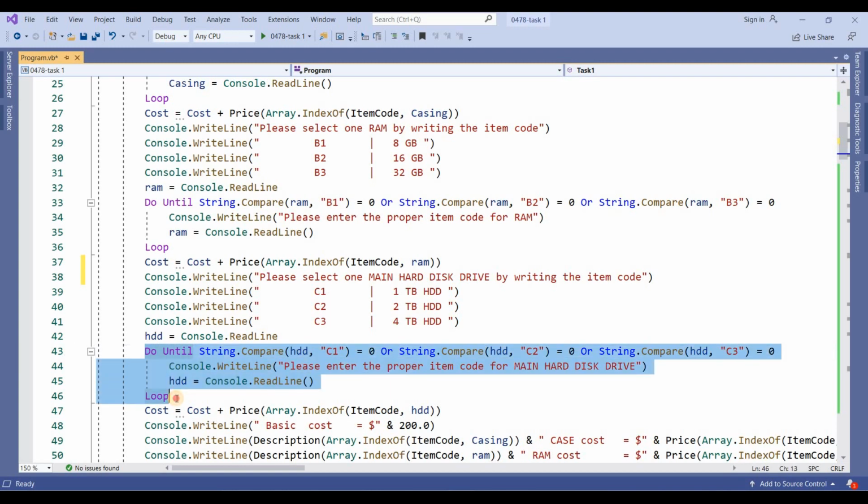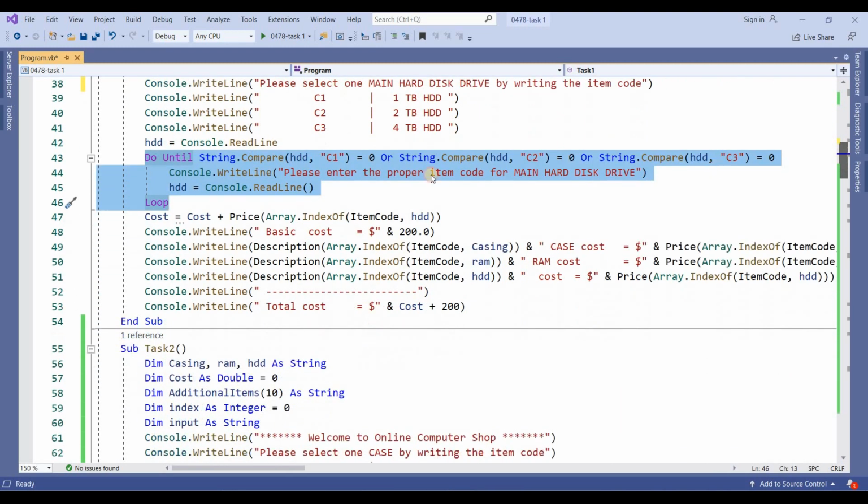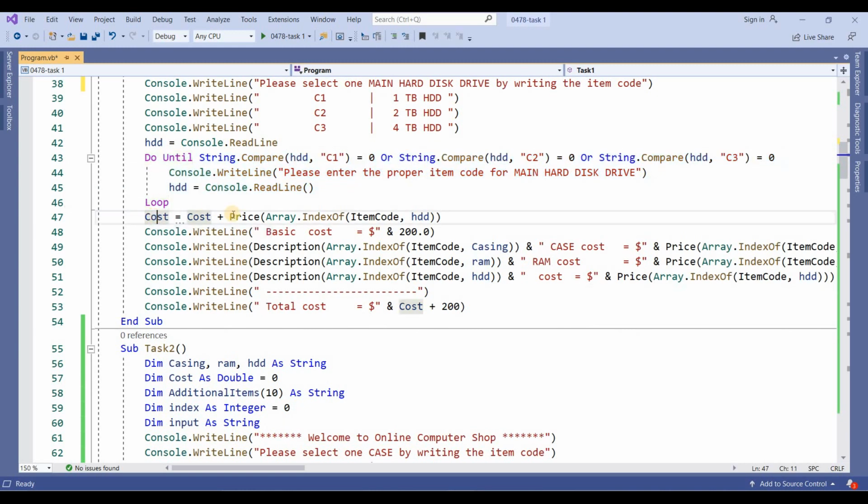This is for verification. After this, it will calculate the cost: the HDD variable contains the value C1, C2, or C3, it will give you the index, and you need the price of that index. Here the cost is coming.